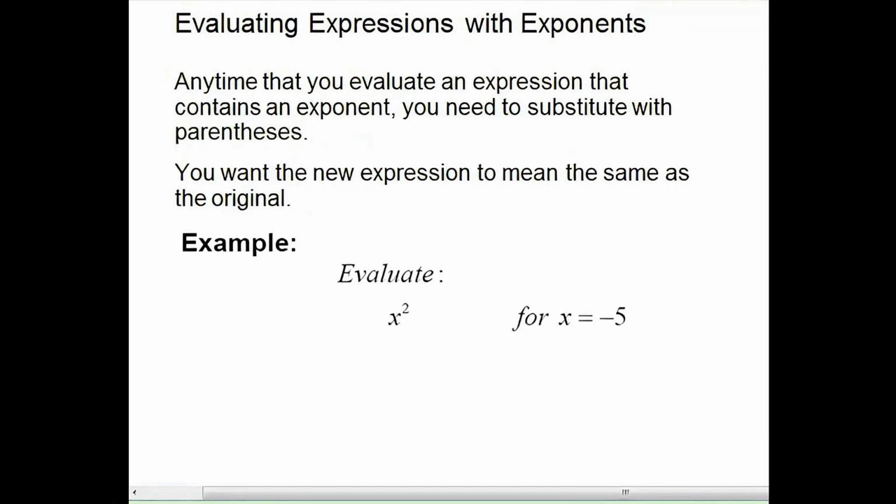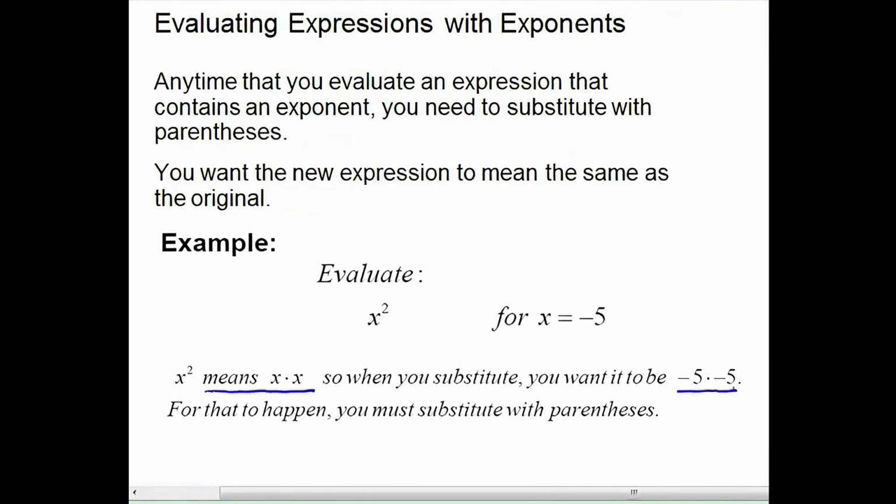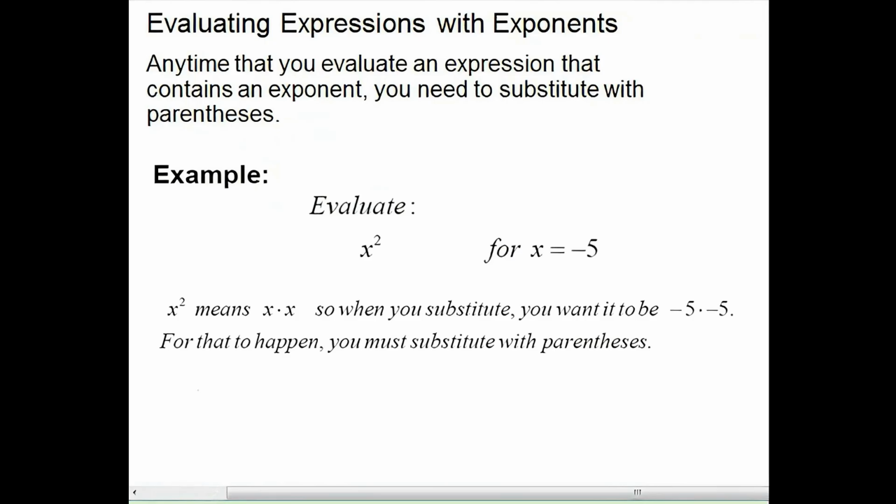An example. Evaluate x squared for x equals negative 5. X squared means x times x. So when you substitute, you want it to be negative 5 times negative 5. For that to happen, you must substitute with parentheses so that the negative can get to the power. So for this problem, we will plug in parentheses with the negative 5 so that the negative will also get to the exponent. So this will mean 2 copies of negative 5,